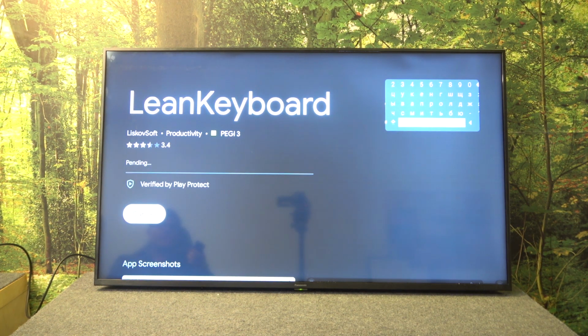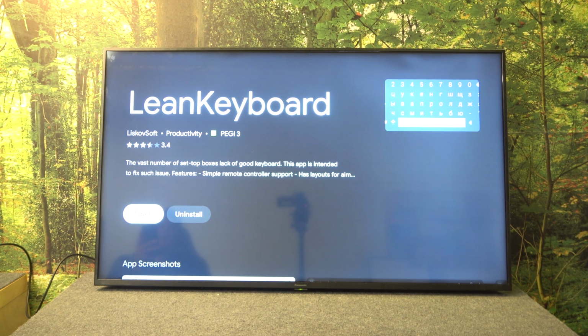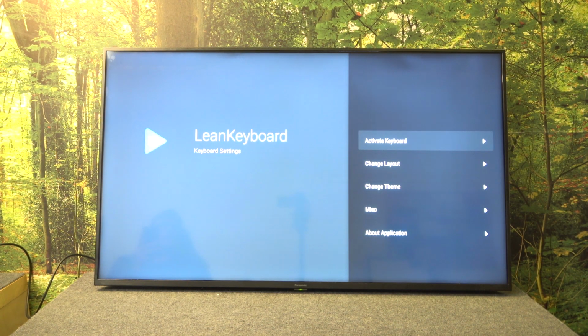We have to click install and now we just have to wait. And now we just have to click open. And here we can click activate keyboard, change layout, change theme, miscellaneous and about application. Now we can exit,